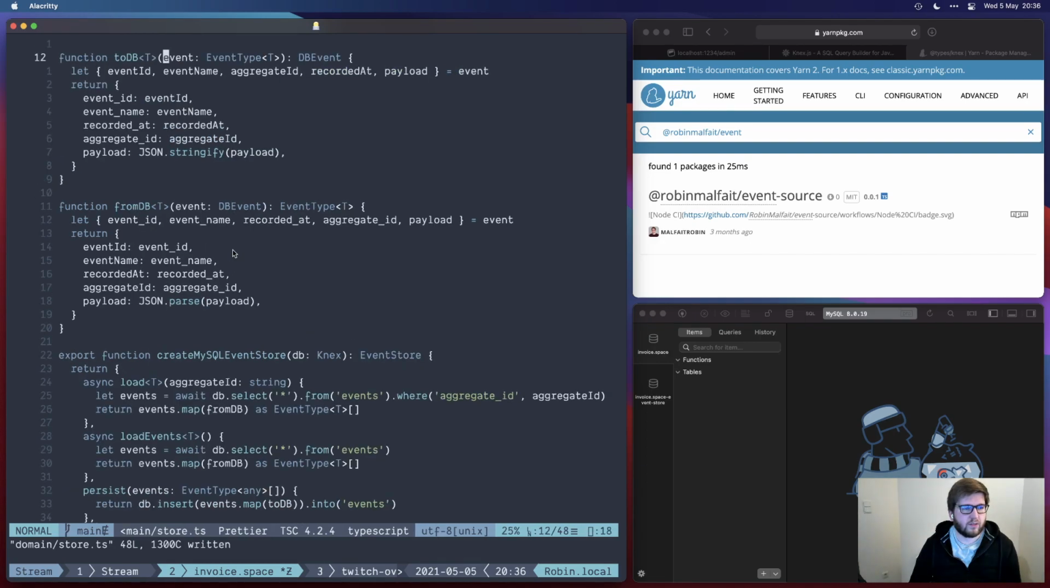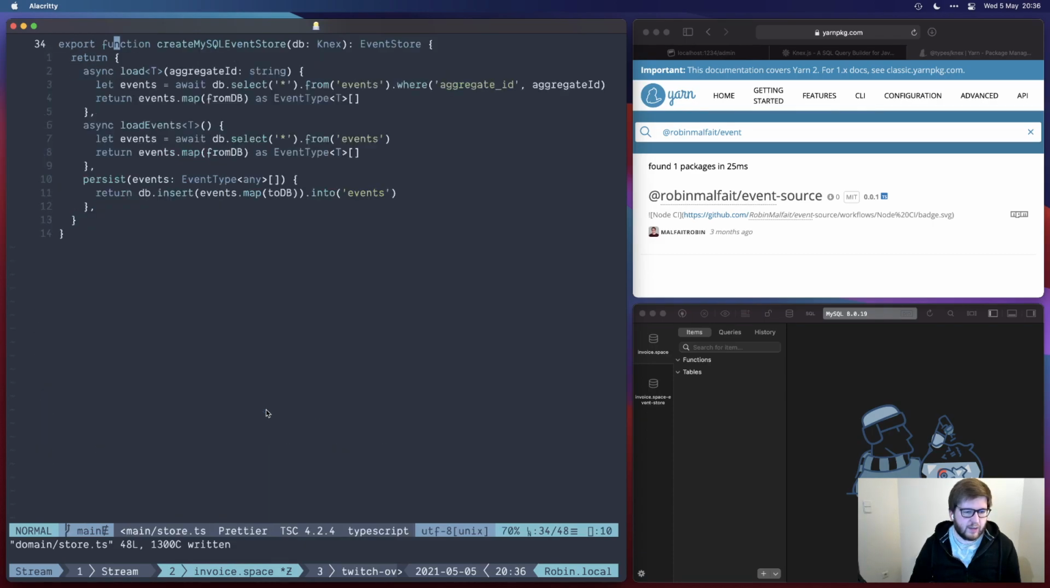Then we have some mapping going on, because I like to store them as camel case in JS and snake case in the database. So I have a little conversion layer down here, and then I have this little layer for communicating with